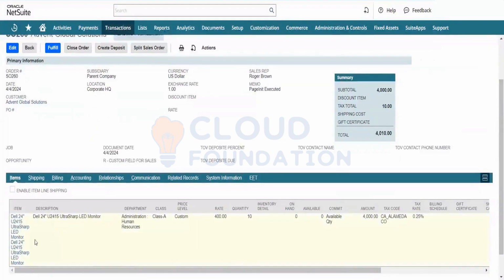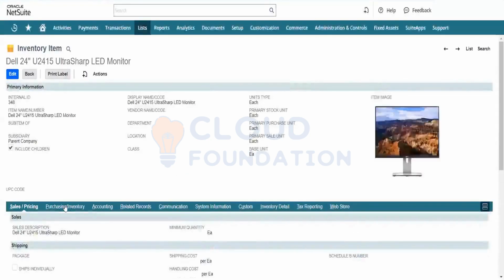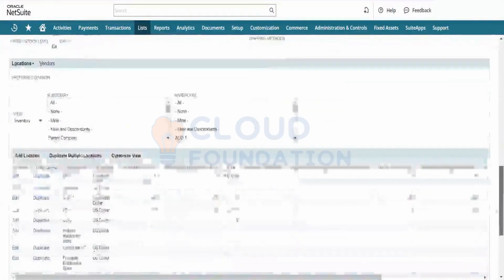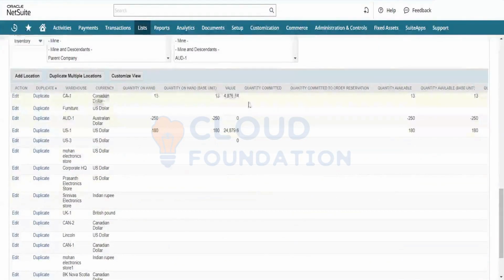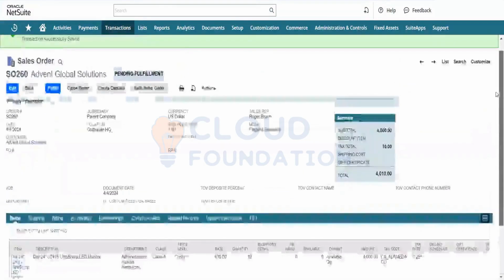The location that we have this item under is, I think, CA1 that we worked on yesterday. So if you go back to this item and click on the purchase inventory tab and scroll down, you will see that the location that we have worked with was CA1, and that actually belongs to a different subsidiary altogether. So if you try to fulfill it now, the first transaction that we have done is just putting in a